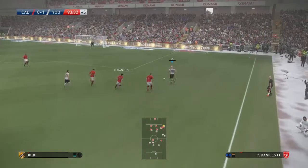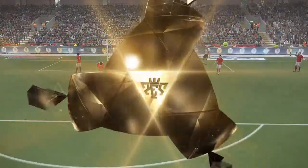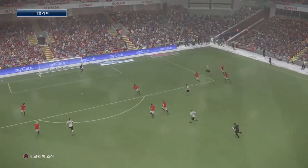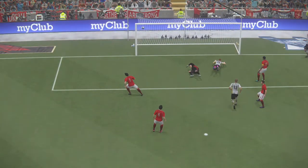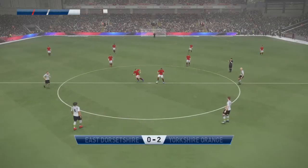Dashing forward at pace. A chance! Crosses in a low one. He has done it! And that should do it! Within sight of the finish line. He was urged to shoot, and he duly delivered. I just think it's clever positioning from clever movement, and when all of that is synchronized...